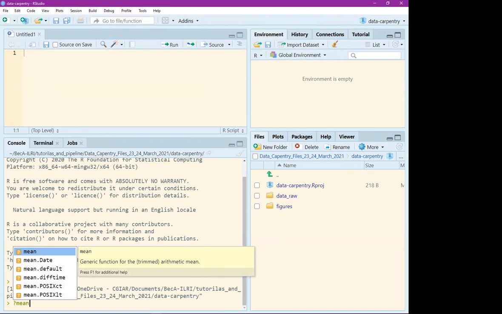The first one, highlighted here, is mean. It tells you it's a generic function, the calculation of the arithmetic mean. And if you press enter,